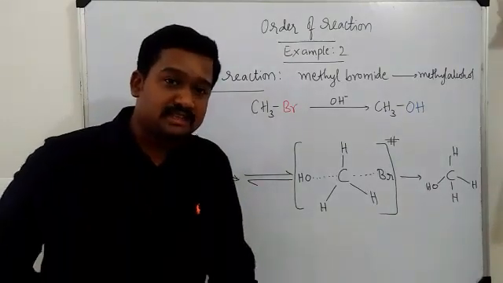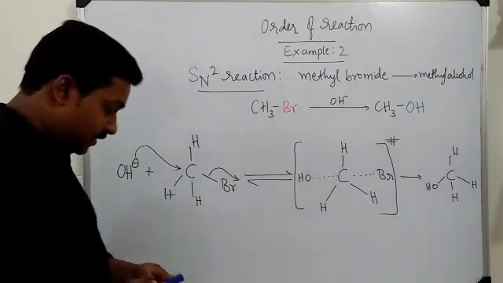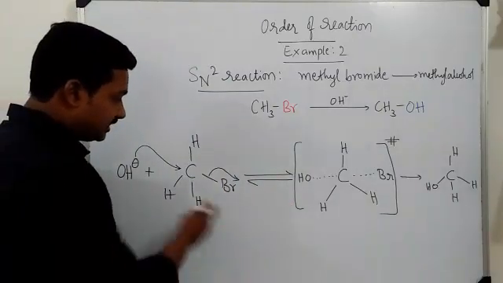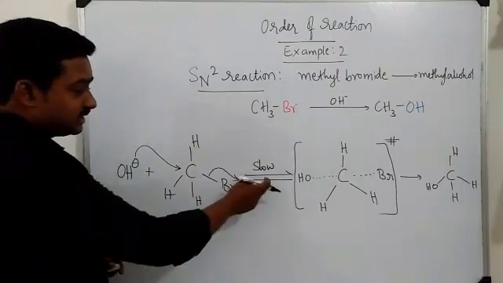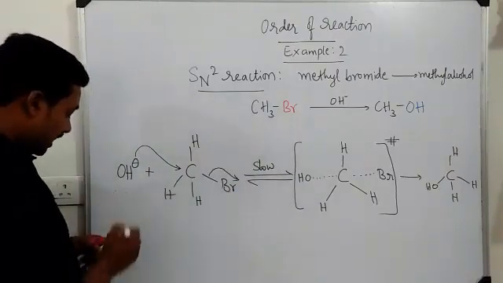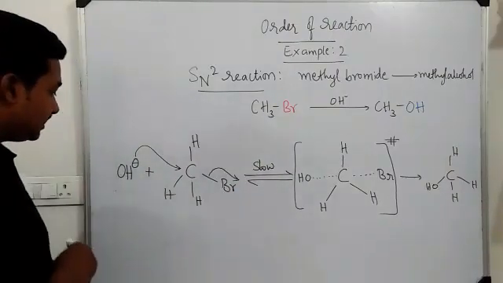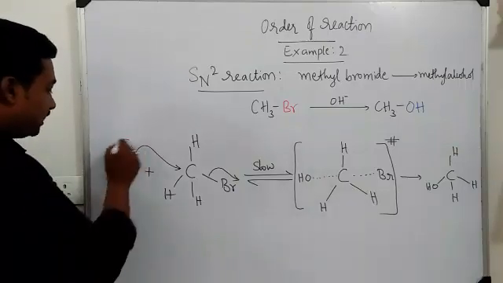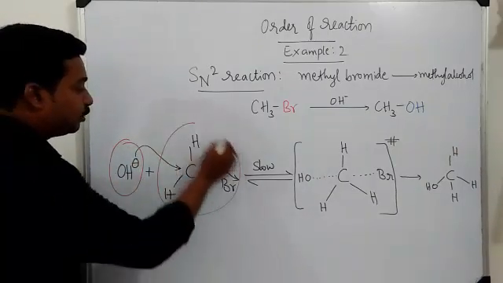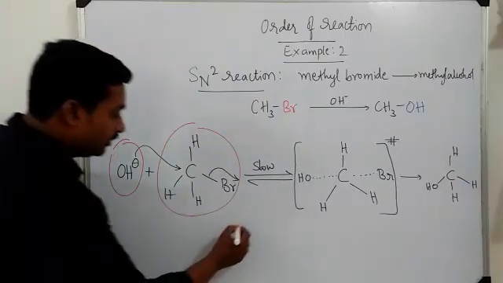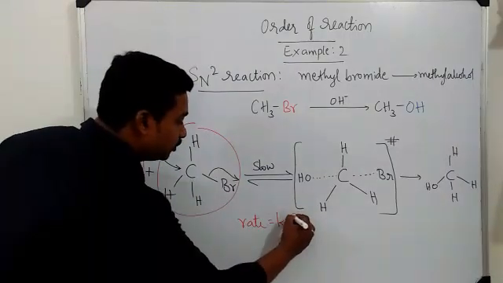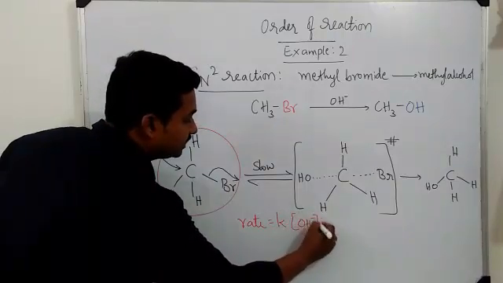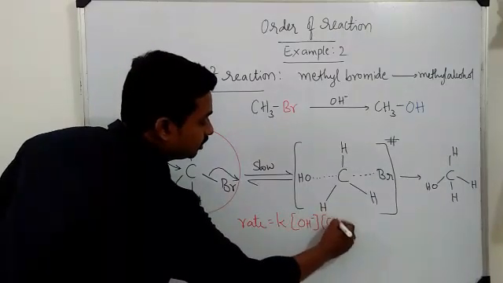How do we say this is a second order reaction? Let us see that. In the first reaction itself, that is in step 1 itself, it is a slow step. Since this is the slow step, there are 2 reactants involved in this. We can clearly see this. There is the OH minus group as well as the methyl bromide group. Therefore, the rate of this reaction is equal to K into the concentration of OH minus as well as the concentration of